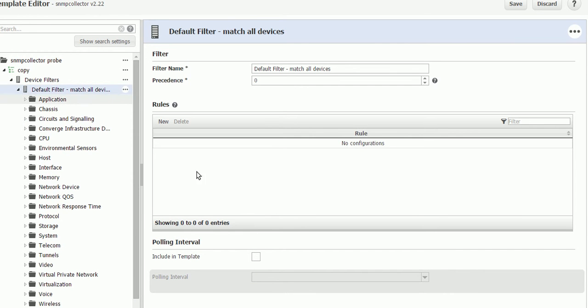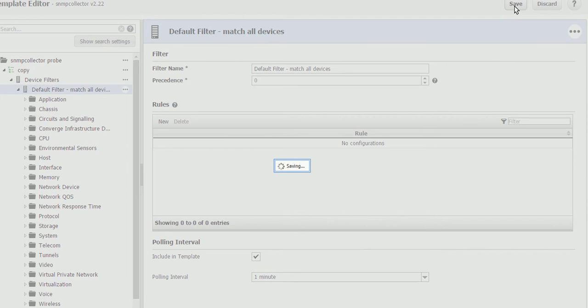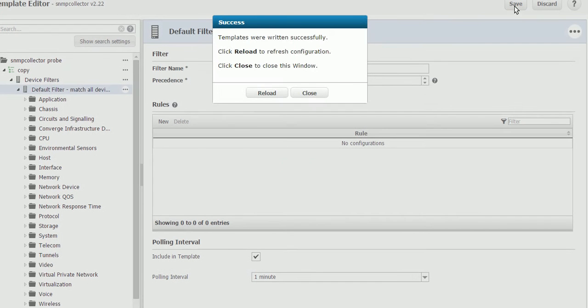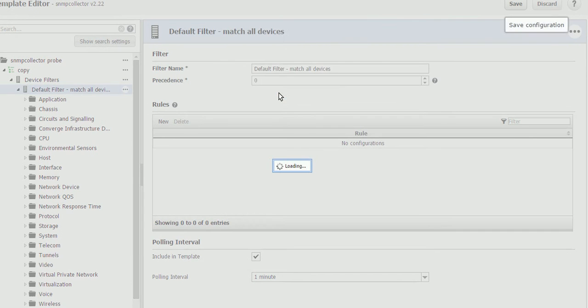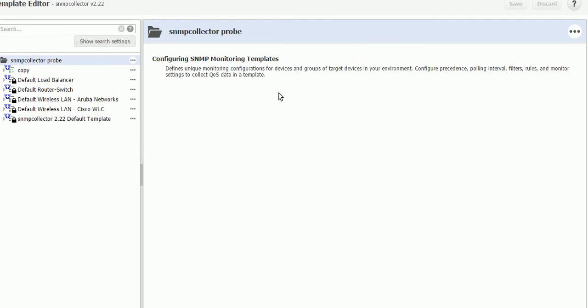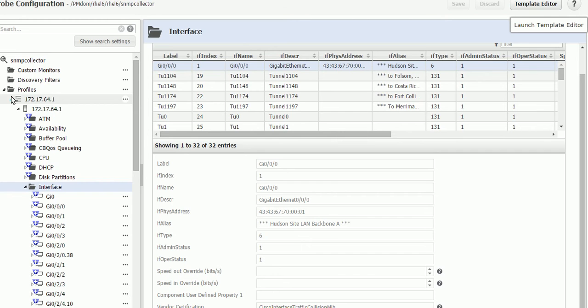We're going to go here and we're going to change the polling interval. You aren't going to want to do this yourself because this will create a flood of data. And now we're going to save it. It will apply the template to our 10 devices. And this will be polling on a 1-minute interval for roughly 300 metrics per device in this case. So we'll go back here and we're going to